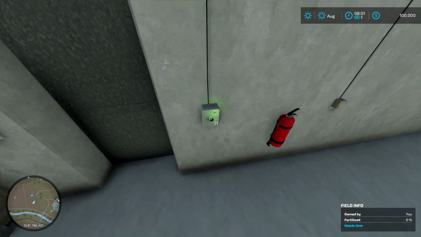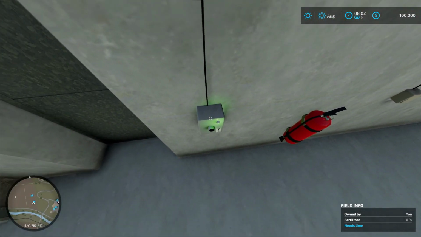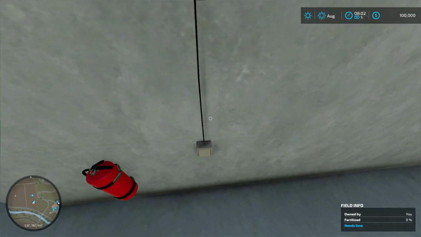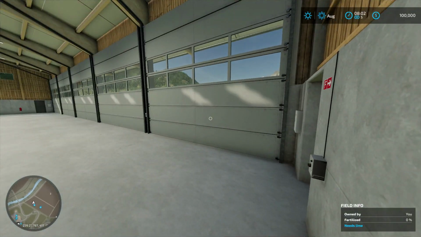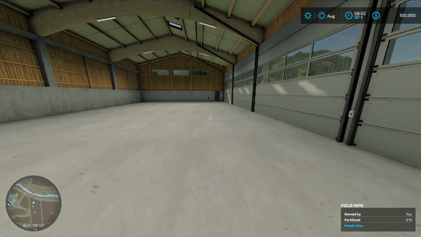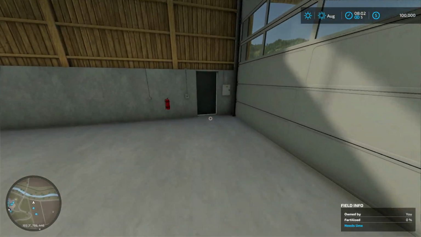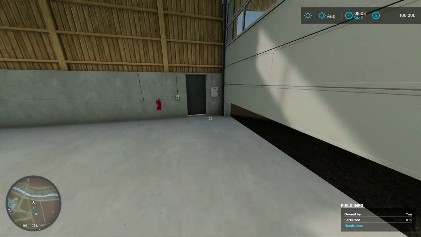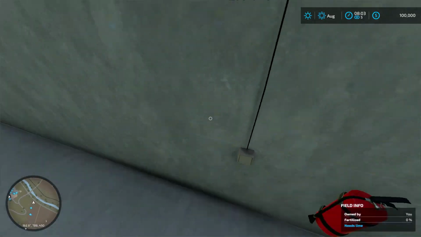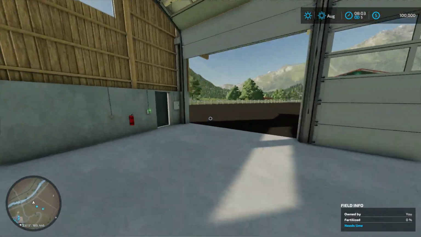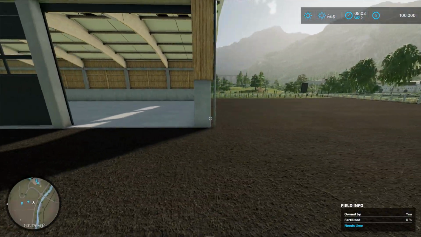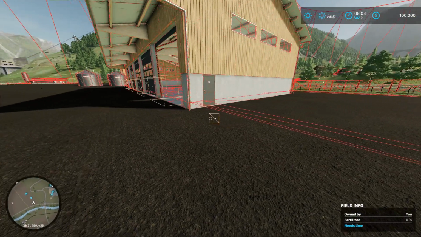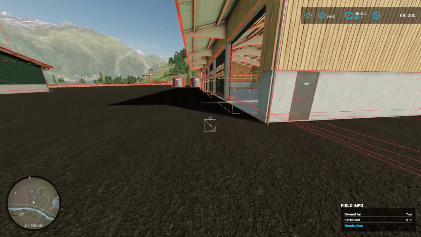And I just want to have a look at this button. Whatever this does, doesn't work. The lights work. Okay, so I'm just not too sure if this door should work. So the lights do work and the door works. So let us just have a look. If I press F5, I'll be able to see if there should be any